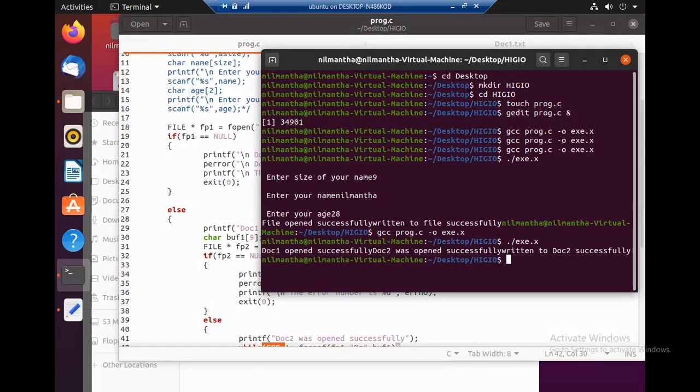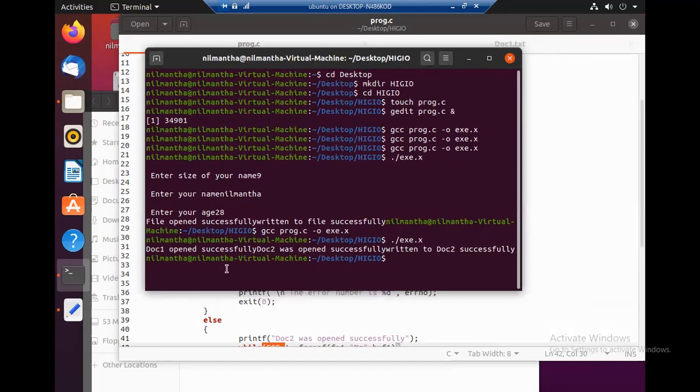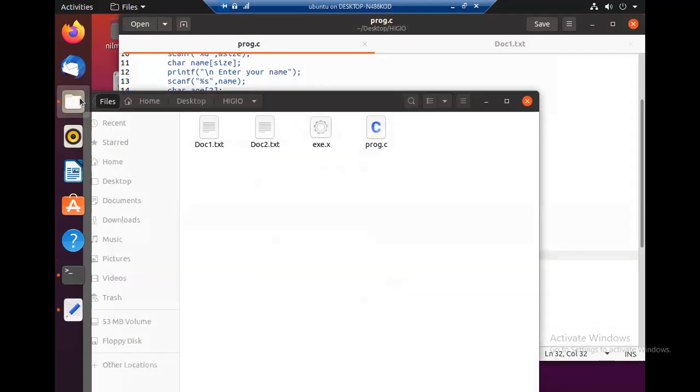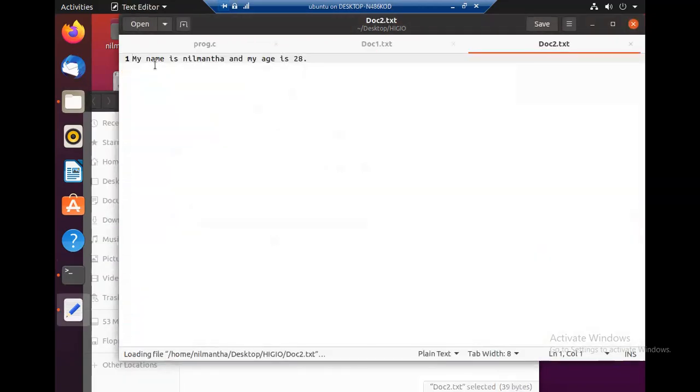Compile successfully. Okay, so we get some messages. Document1 opened successfully, document2 opened successfully, written to document2 successfully. That means all are success messages, no errors. We'll see whether document2, yes, there is a document2 now. We'll open, and it is exactly as document1.